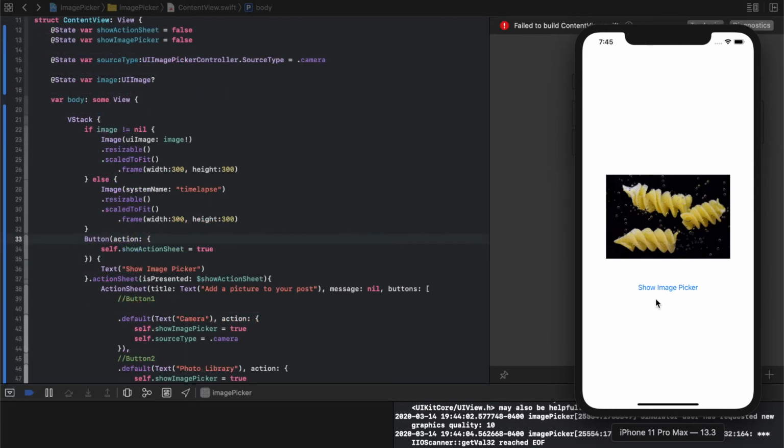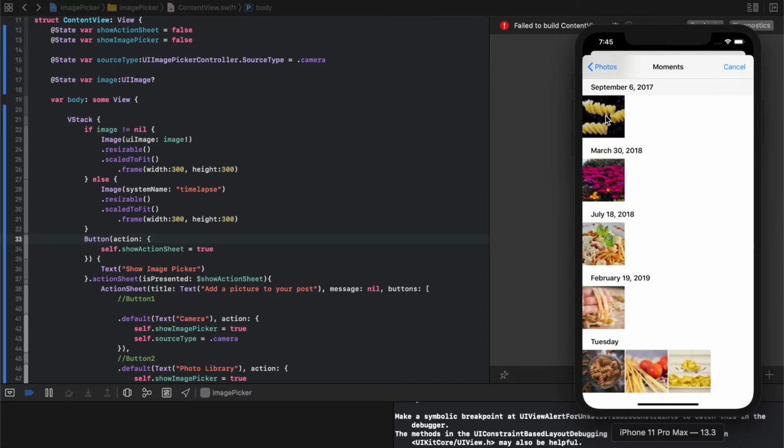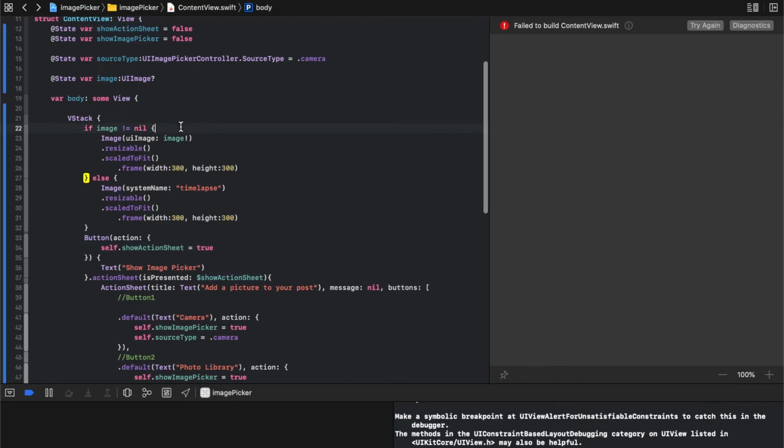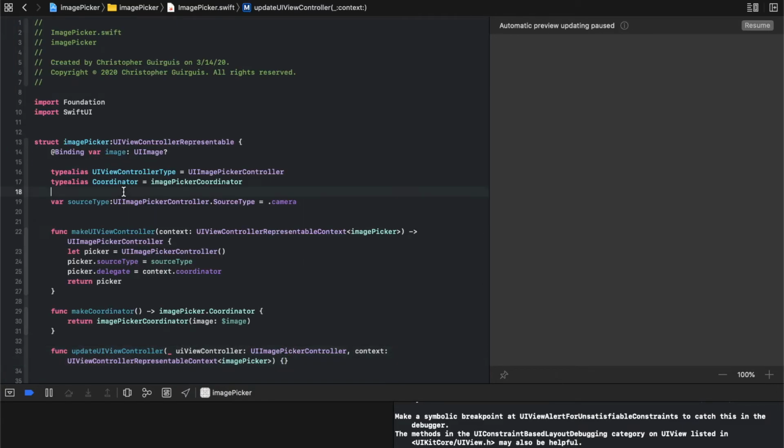The thing I want to do is I want to make sure that when I click photo library and I pick an image, when I click on that image, it actually automatically picks it and closes this. So I don't want to have to cancel every time like that. That kind of sucks. So what I want to do is I want to make sure that in my image